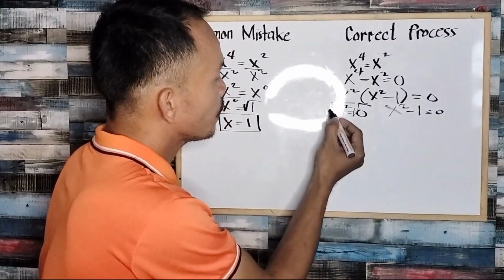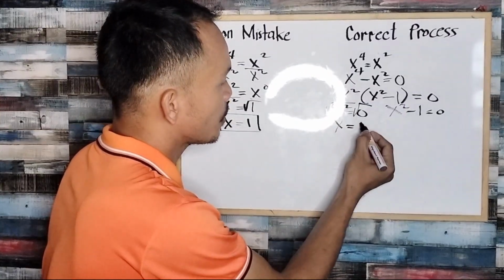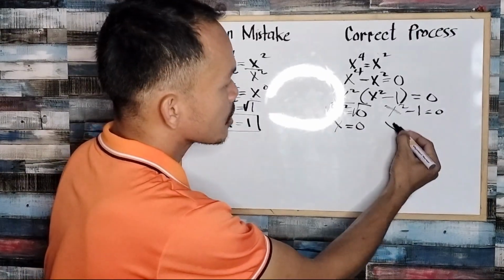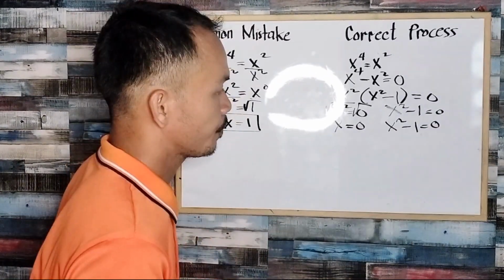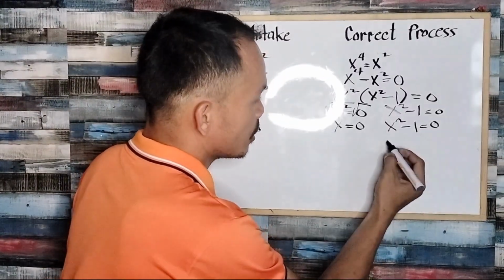The square root of x squared, that will be x, is equal to the square root of 0, that is 0. Okay, and here we have x squared minus 1 is equal to 0. So we're gonna express this equation in this way: